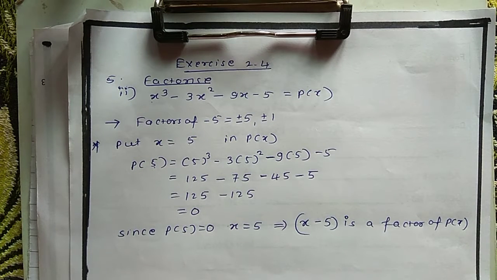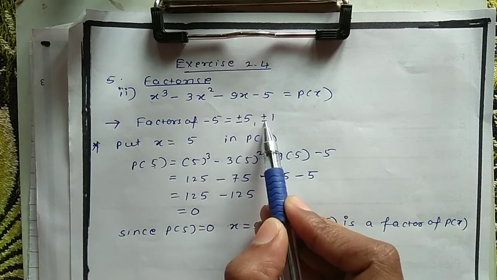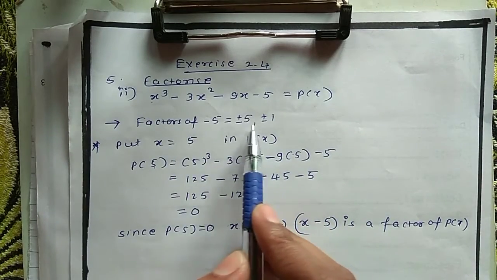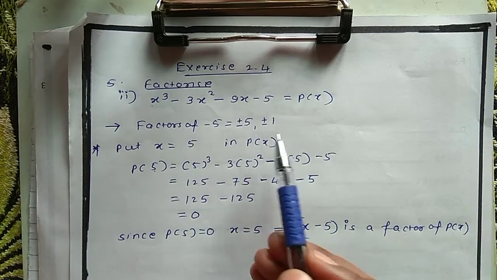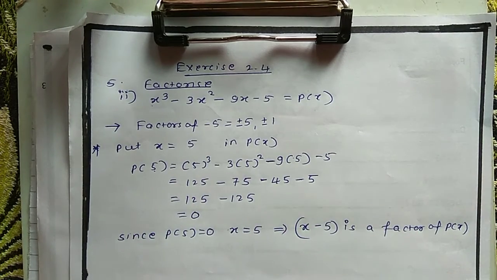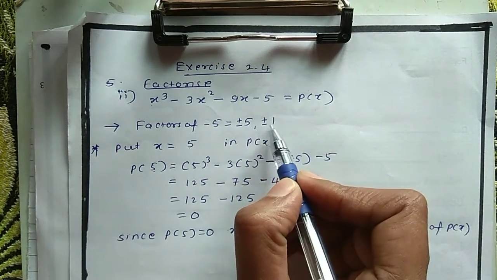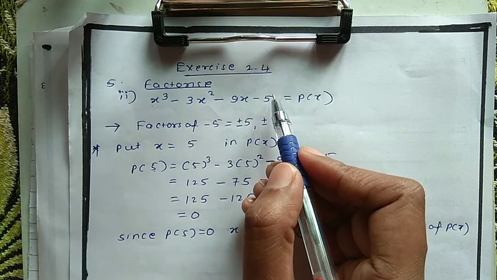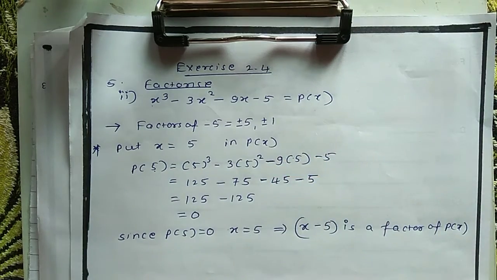Remaining factors also you can find by using the trial and error method. You can put plus 1, minus 1; at least 3 among these 4 will be the zeros of this polynomial, and those 3 will give the factors. But now 5 is a small number and you are using only 4 numbers. Suppose the number is a 3-digit number, like minus 120, 340. That time it will be difficult to try all those factors.